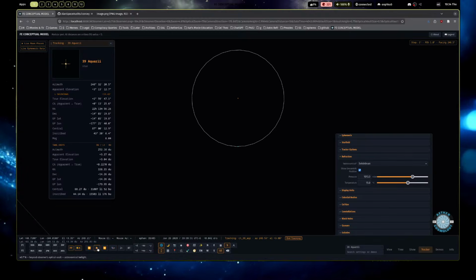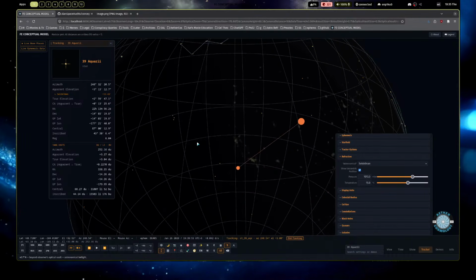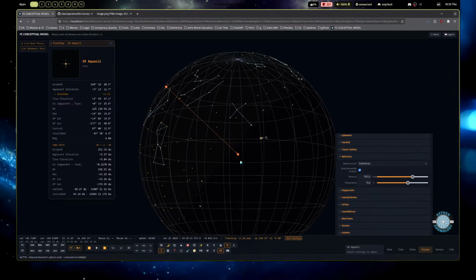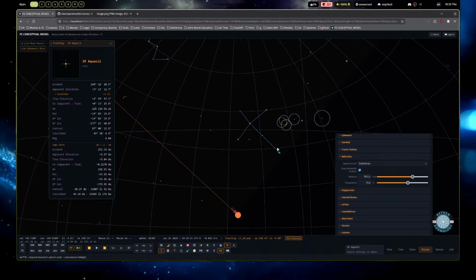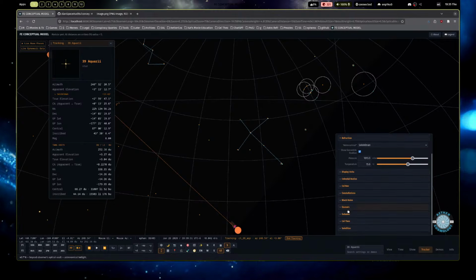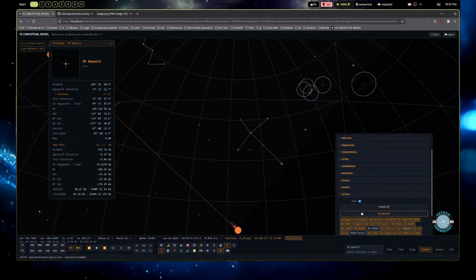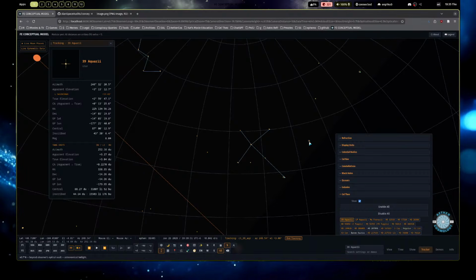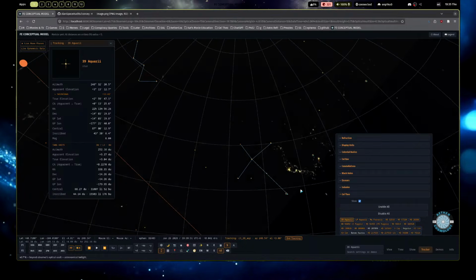Where do you get that listed, apparent and geometric, from the God's eye view? Can you see that circle from another perspective? Yeah, one second. Oh yeah, so it's over here. It's showing more than what needs to be tracked. One second. If we turn all these off and just have the equatorial eye on. There we go. So right here, you can see it. Let me try and zoom in a little bit.